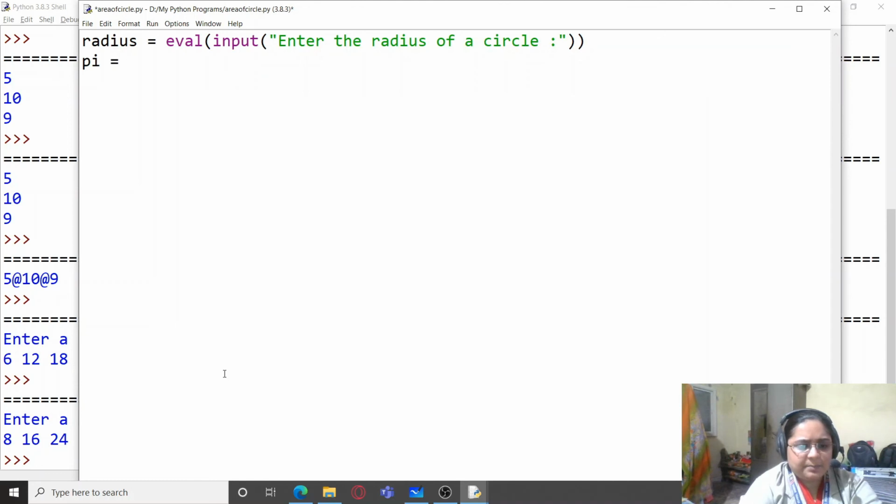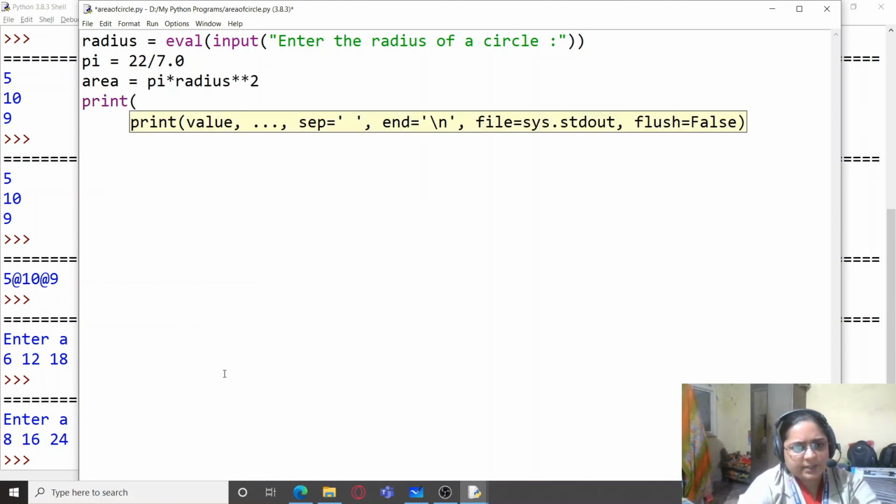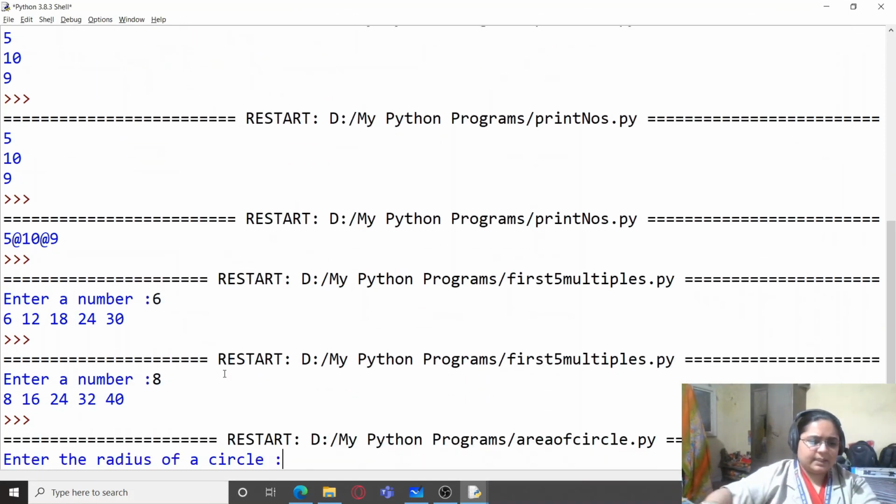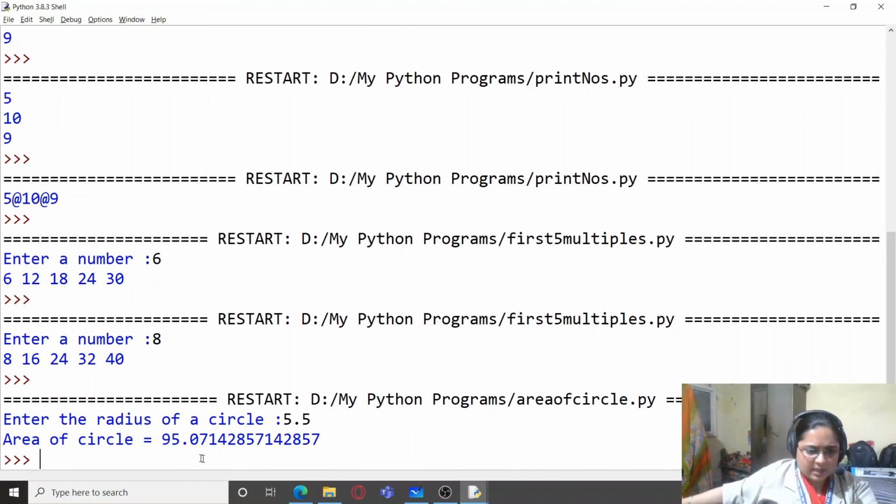And as I said, pi equals 22 divided by 7. So I'll simply take 7.0 over here. And area equals pi into radius raised to the power 2. Or you can also write radius into radius. So area of circle is area. Let's run it. Suppose I give the value as 5.5. So this is how I get the area of the circle.